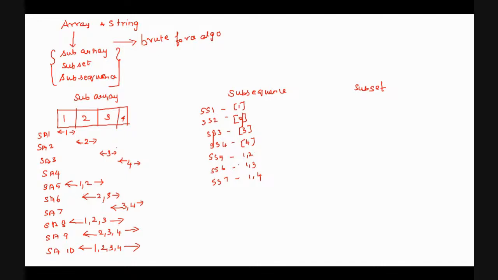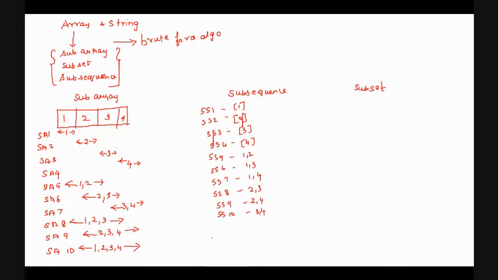It is formed by deleting one or more elements from your array. Next, subsequence 8 will be, it should maintain the order. Remember, it should maintain the order. Subsequence 9 will be 2, 4. Subsequence 10 will be